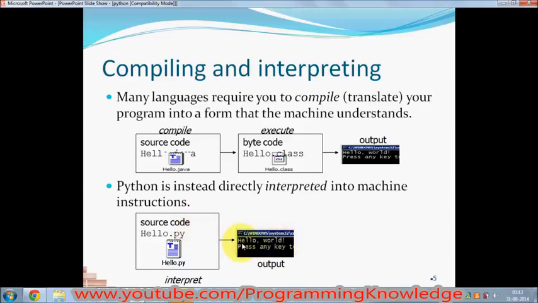So this is the little difference between programming languages like Java, C, or C++, where you need to compile your program, but Python is an interpreted language, so you don't need to compile this. It will be executed at runtime. Okay, now